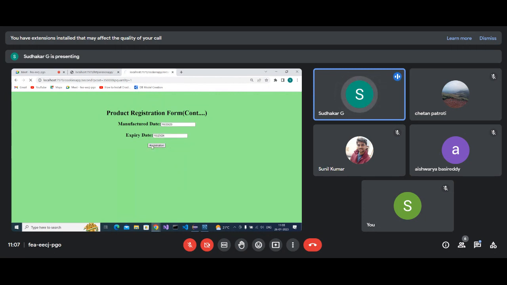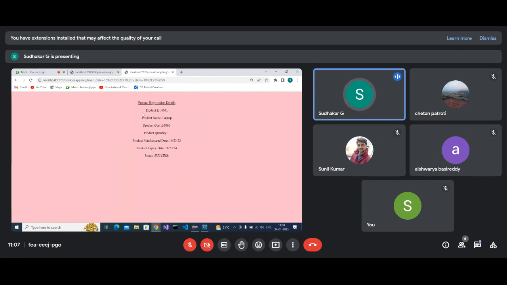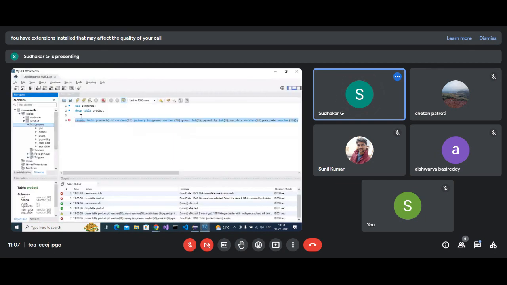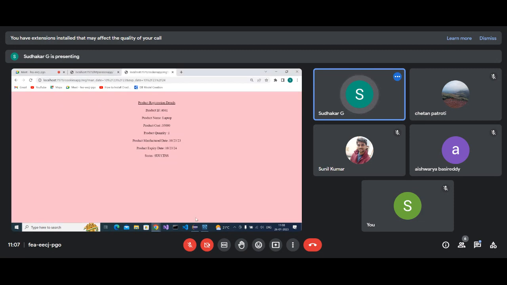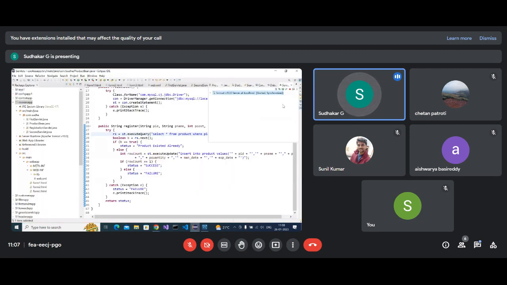Okay, registration. See here, product ID, product name, everything we are getting. Go to database. See, your data is displayed, inserted. So here you are not creating